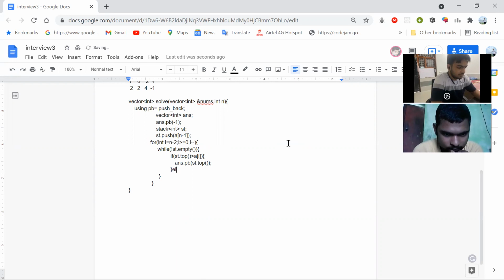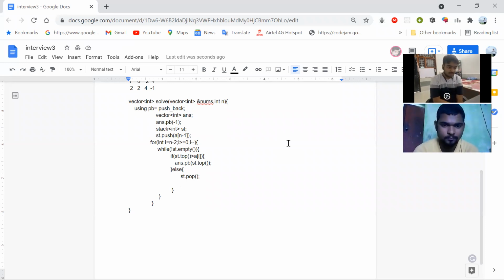Else what do I have to do? I need to remove the topmost element. I pop my topmost element, which is not going to be helpful for further steps. Now there's nothing else to do from here.